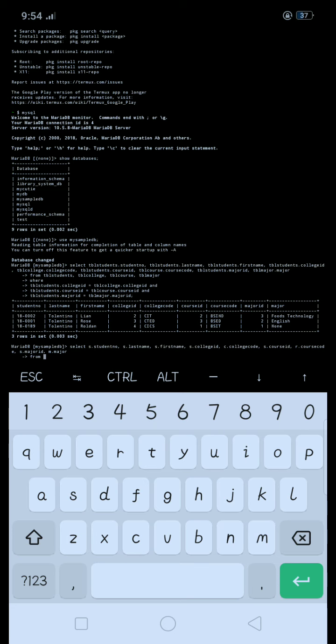from TBL students, then the alias S, TBL college, then the alias C, and then TBL course, and then the alias R, and then TBL major, then the alias M,